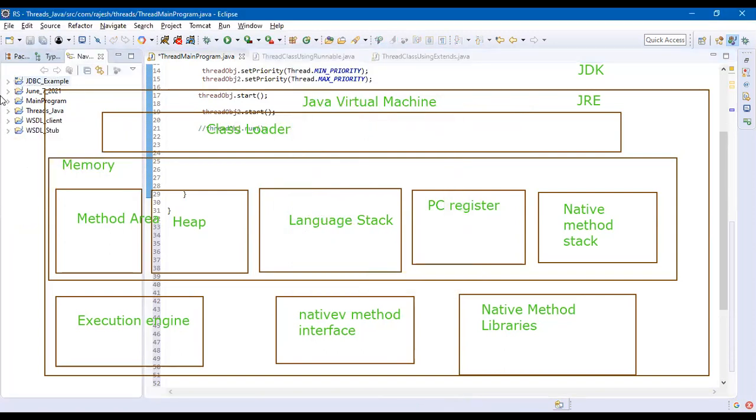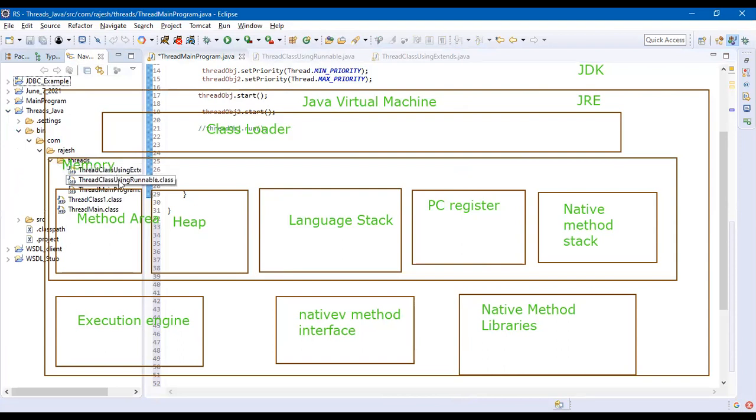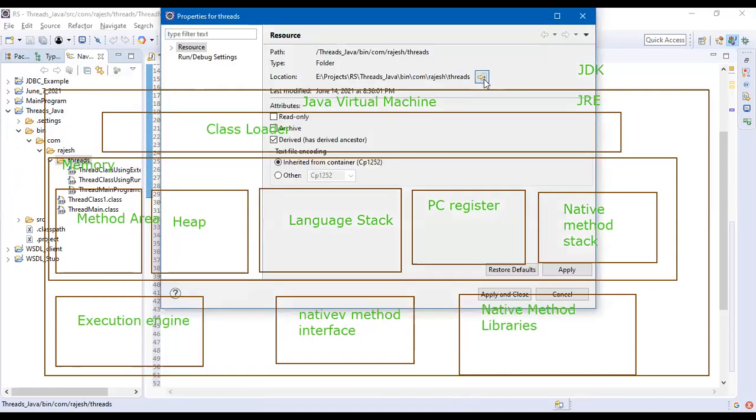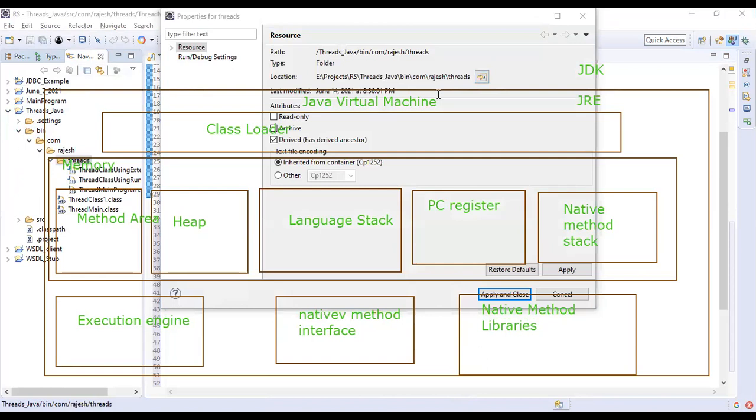Of course, it's deprecated. Navigator, Threads.java. See here in the bin, we have a .class file. Whatever we have created, the class files are there. This class file will be loaded by the class loader. The class file is there on our hard disk, right? If I go to properties, it is residing in the bin com folder. So someone has to take the responsibility of